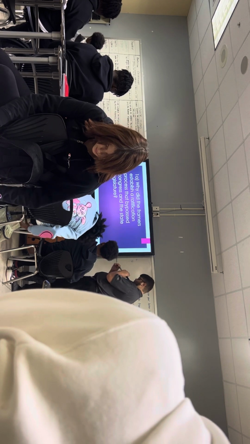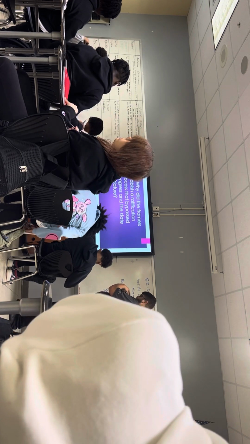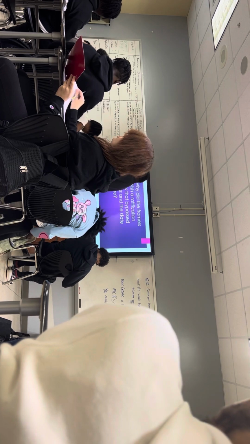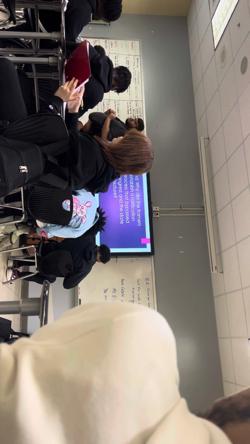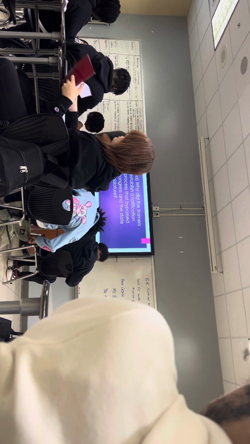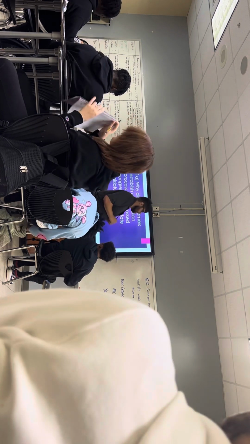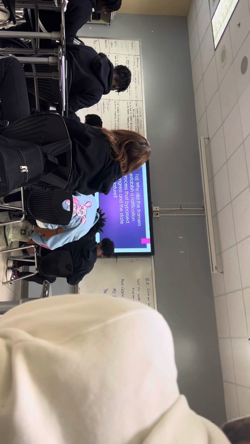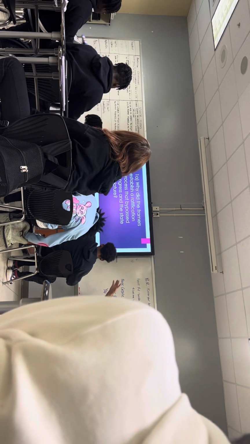So at the bottom, you were supposed to write a letter to Patrick Henry as if you were James Madison. You were persuading him to join the side of the Federalists, trying to get him to approve the Constitution. So I'm going to take a couple minutes, go ahead and finish that, and then we'll start going over the answers from yesterday.